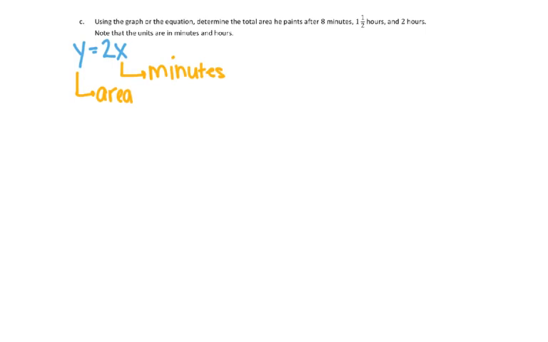So the reason that they told us to note that the units are in minutes and hours is because our equation uses minutes. So that means that we have to convert these hours to minutes in order for them to be plugged into our equation. So 8 minutes is easy. We can just plug 8 minutes into our equation and solve for y to determine the area that he's painting